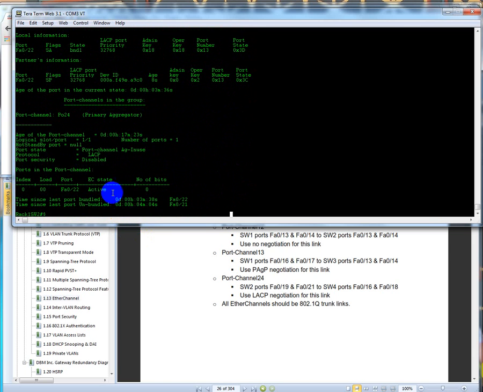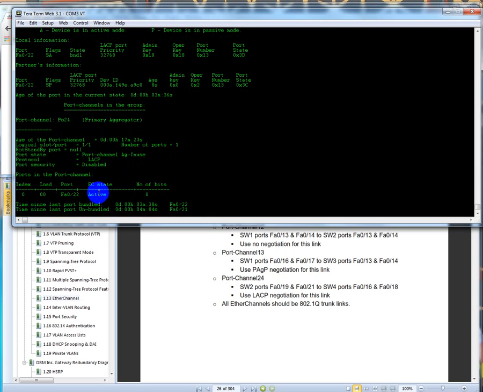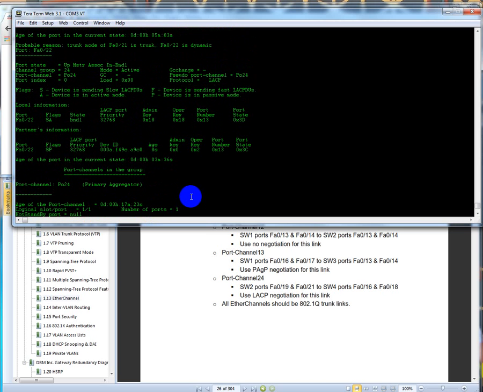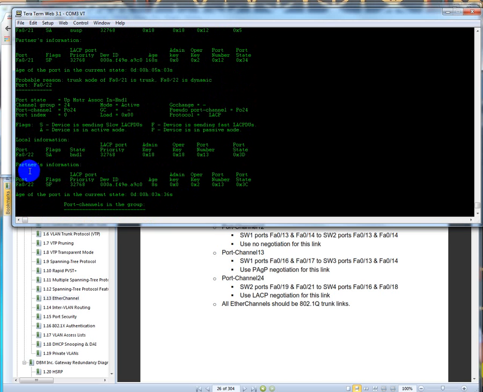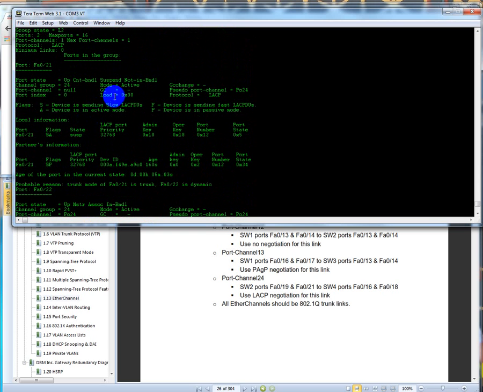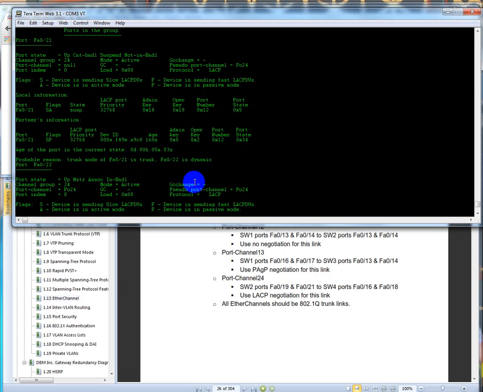What do we do to the up? Alright, so we have 22 is active and in use. 21 is the issue. Unbundled is 21. I gotta figure out why 21 is not bundled. Let's see here. This does it on a per port basis. So 21, what do we have here? Active. Suspended. Probable reason. This trunk 21 is, 22 is dynamic. They're both trunk. So we do a show